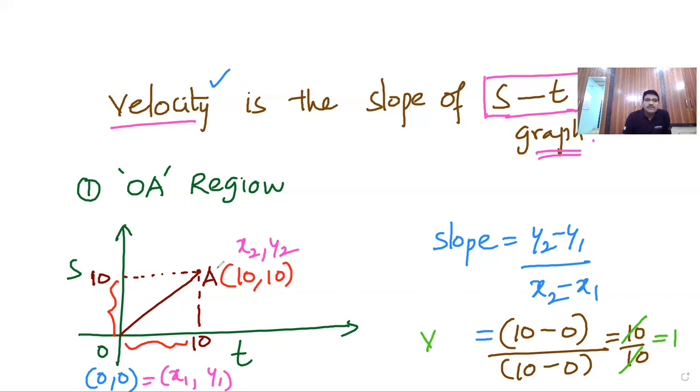Slope of the S versus T graph is velocity V bar, and what are the velocity units? 1 meter per second. Clear? So in the OA region, I clearly write in the OA region,